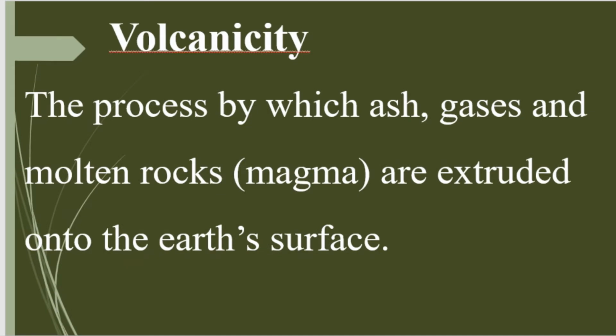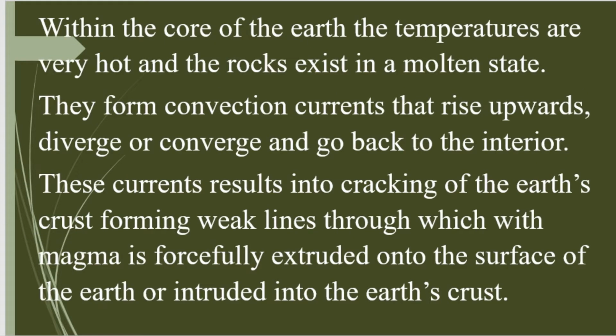Then we have what we call volcanism. This is the process by which ash, gas, and molten rock are extruded onto the Earth's surface. With volcanism, we are talking about one process, extrusion of lava. Here lava is poured out on the Earth's surface to form different volcanic landforms. The interior of the Earth